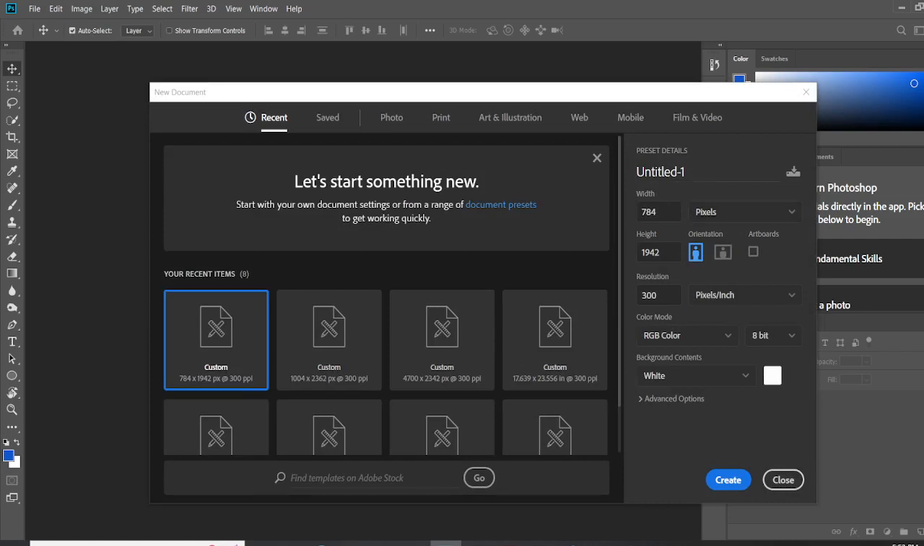Okay, so let's just name these. I want to design a milk product package, so just say milk. Okay, so the width, this is the width, this is the height. And it's in pixels. All right,